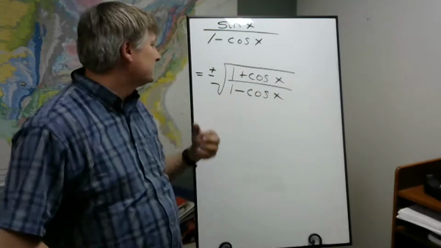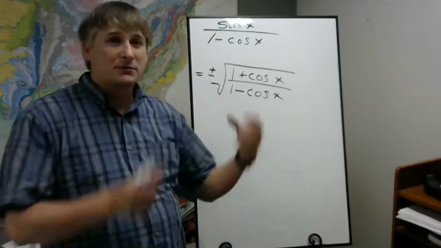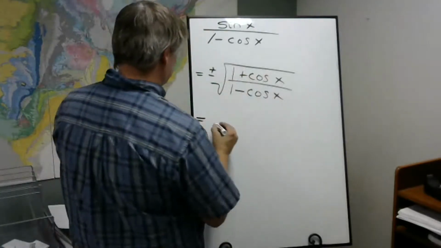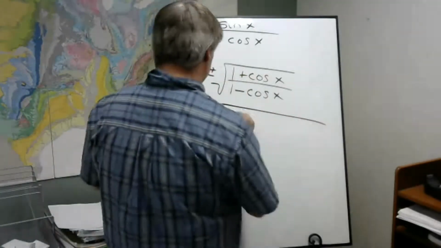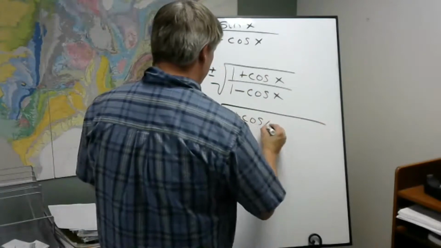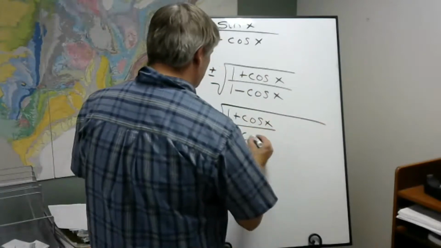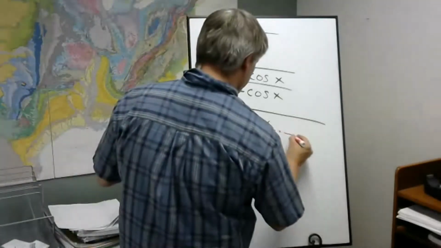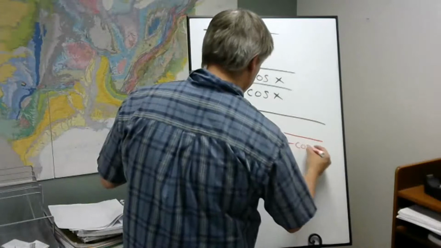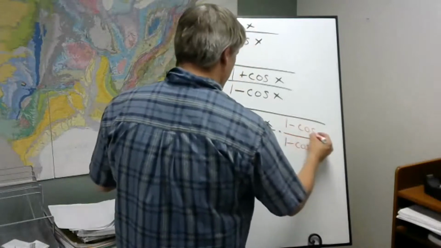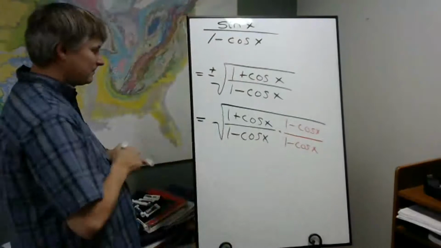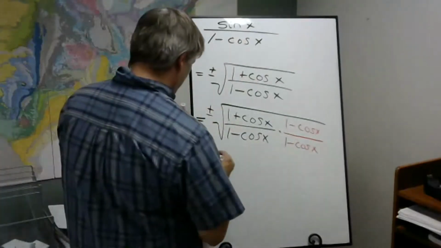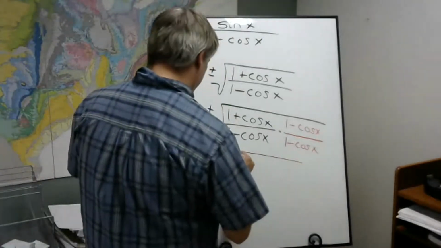And since we're taking the square root, well, that'll get rid of the square root because the square and the square root will cancel. So we can do something like this. So what we're going to have